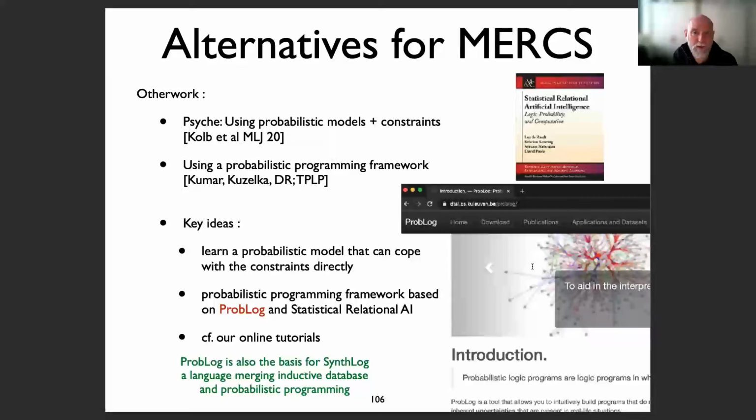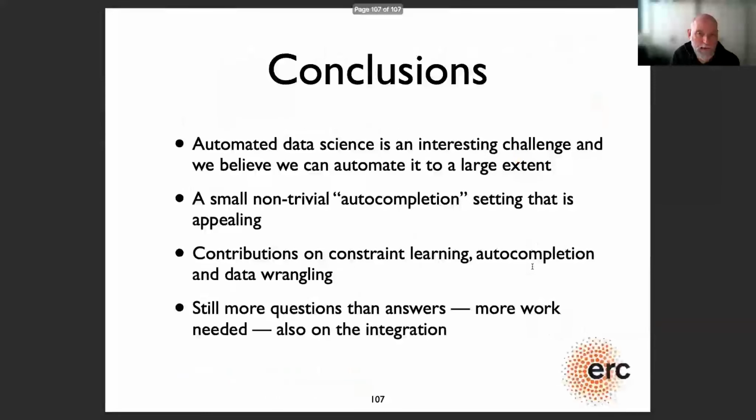There are, as I said, some alternatives for this: multi-directional decision trees, these ensembles, this Merx system. There is one more based on probabilistic graphical models, but which also takes into account the constraints that are learned. There is one based on probabilistic programming that you can also plug in. But that's a different story. That would be a story about these probabilistic programs, more in the style of statistical relational AI. If you're interested in that, let us know, and we can talk about that as well.